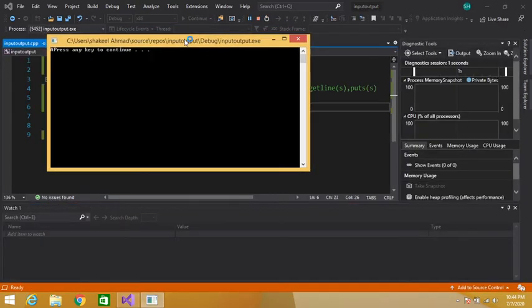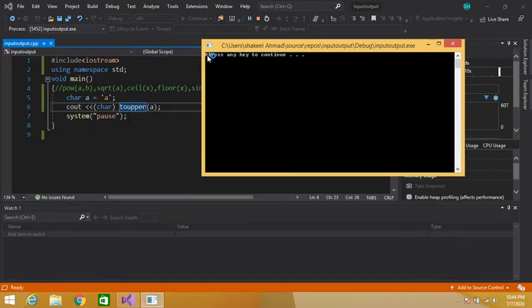So it has turned into capital A. Capital A is displayed on the console window. Both tolower and toupper return the ASCII value. So we have to convert this int value to a character. So I have typecast it to a character, and now it has shown capital A.